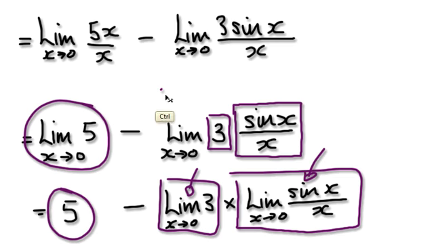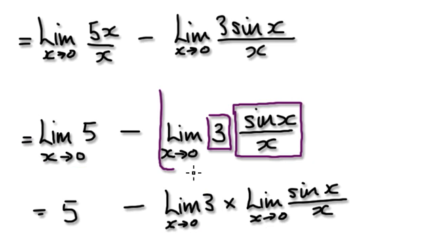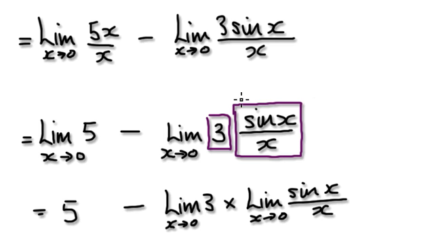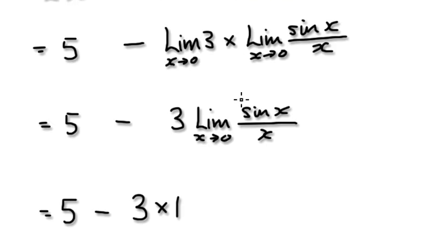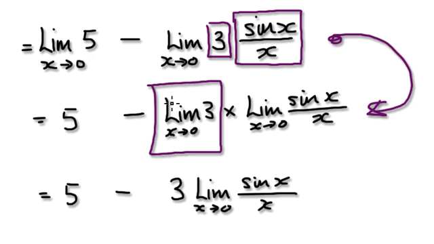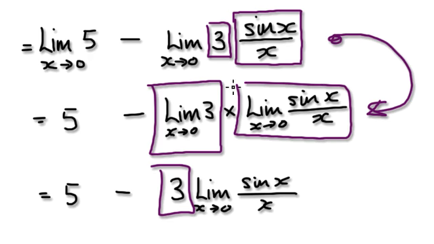When you are here, take the limit of the 3 and then times it with the limit of this block. The limit of 3 as x approaches 0 will be 3, and then the limit of this here,